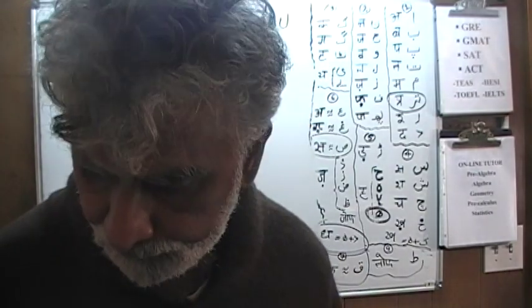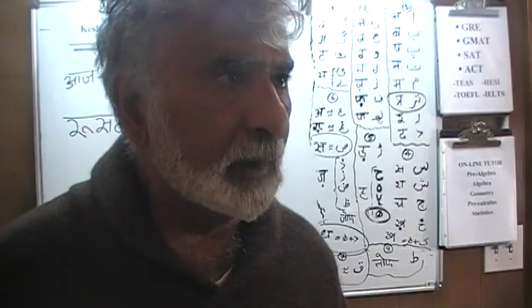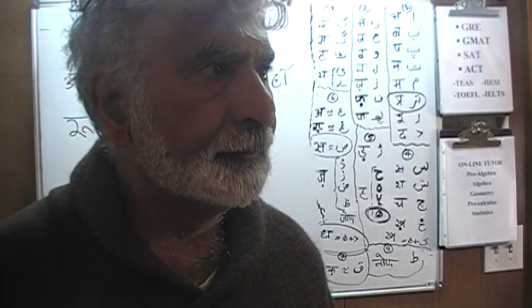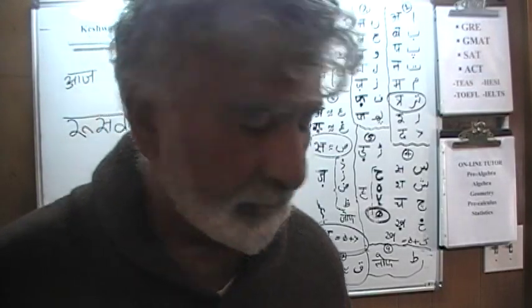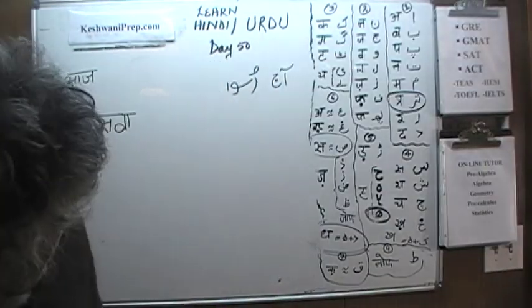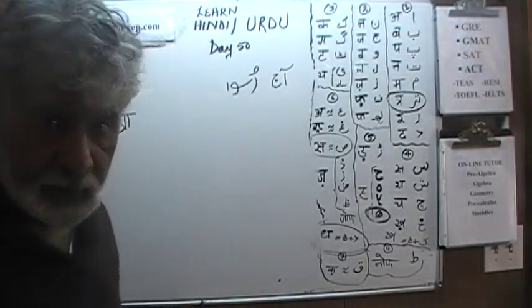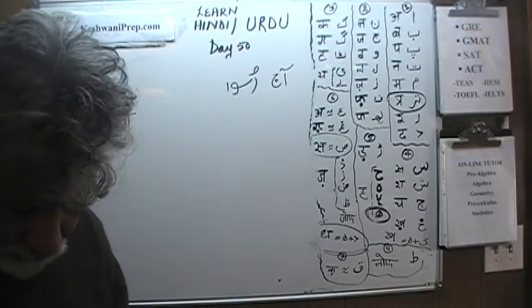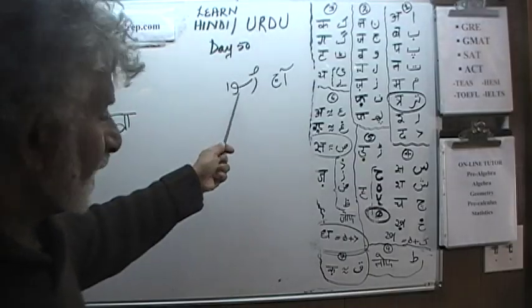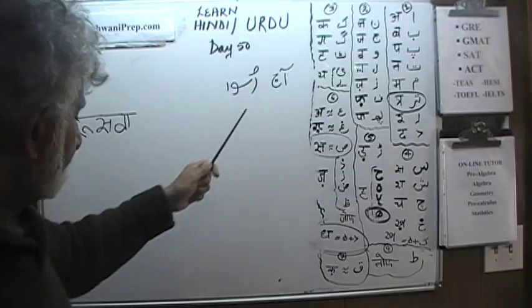Very famous song from, not Mughal Azam, from, I forget the name now. Umrao Jan, I think it was. That song, this is the word we came across on day number 35. Aaj Ruswa,